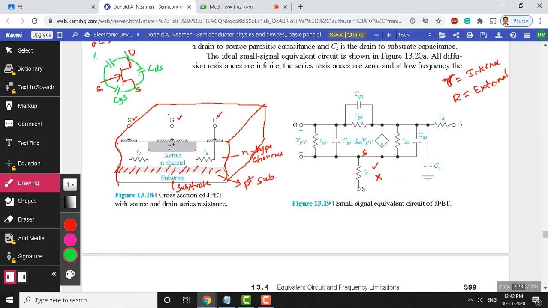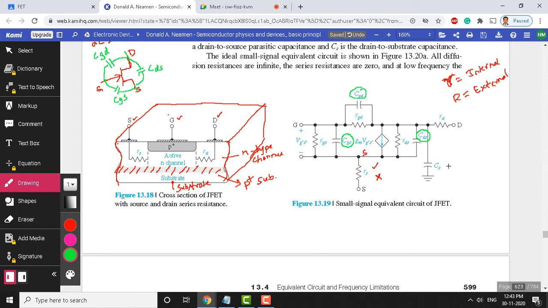Just guess, in the coming class I am going to ask you, among these three capacitances, which one is dominant? Which causes serious problems among these three: CGD, CGS, CDS? Just think of this. You can see the same thing here also: there is a CGD, there is a CDS here, there is a CGS here. And there's another capacitance which we should not forget.